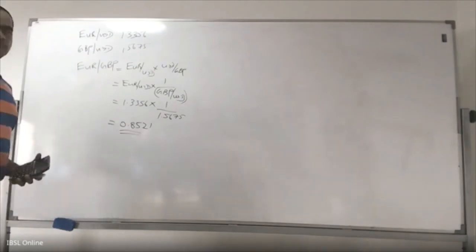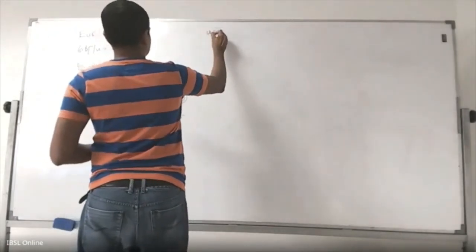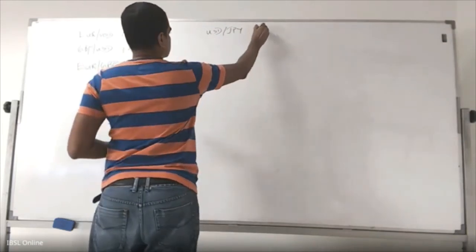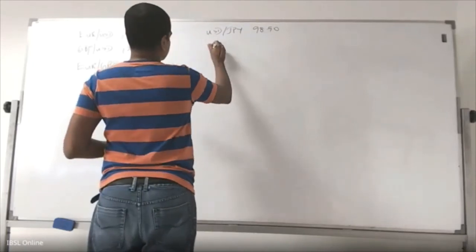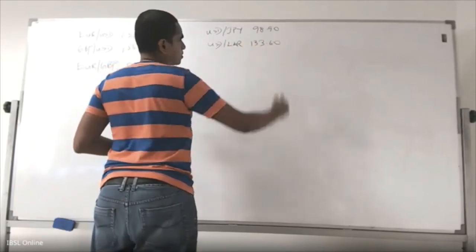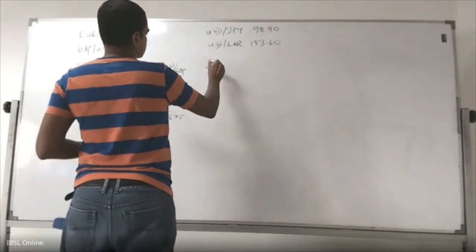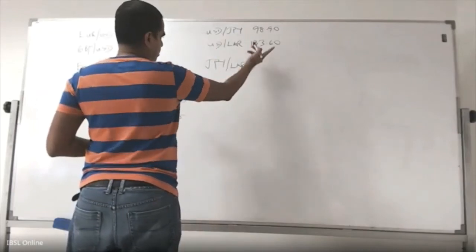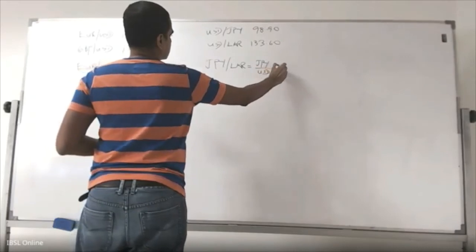Yeah. So the next one, dollar yen, 98.90. Dollar rupee, 133.60. What is yen to rupee? Same process. You insert the dollar in between. Dollar yen times